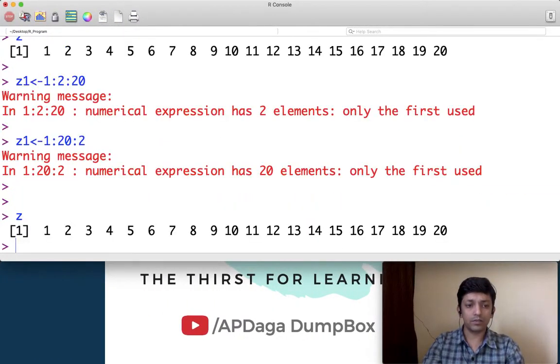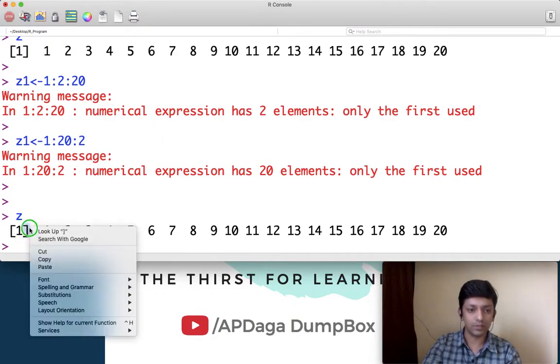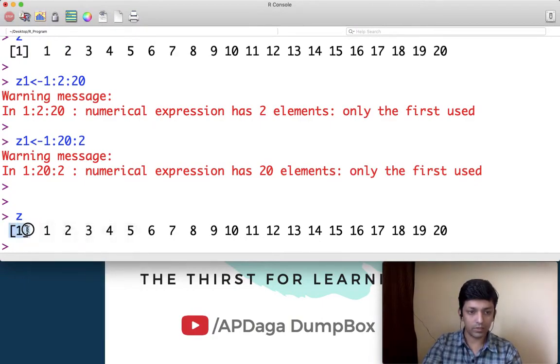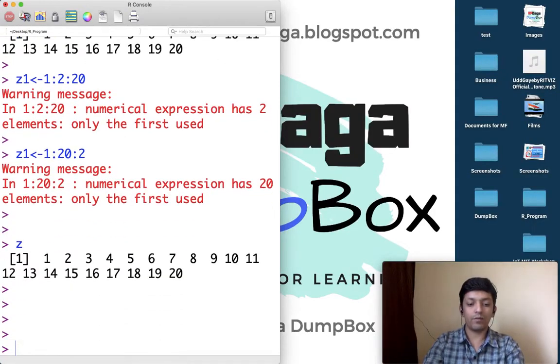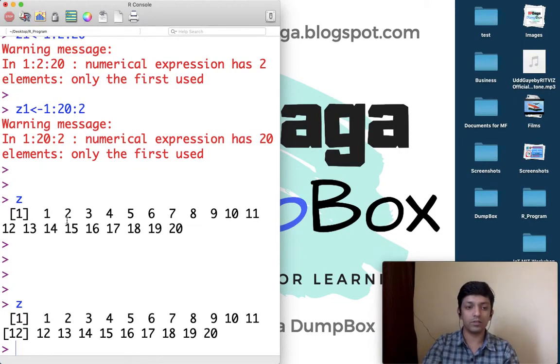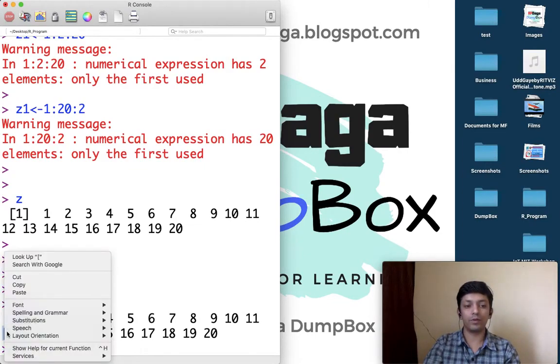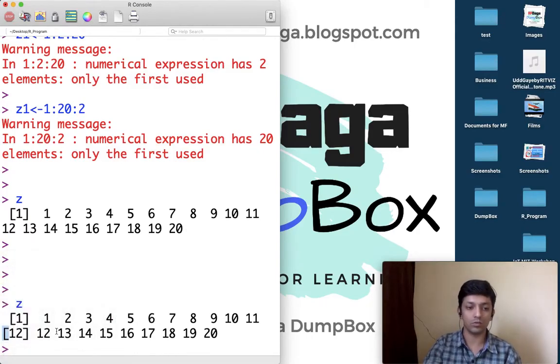Now about printing this z. Here you can see this 1, what does this indicate? I'll show you. I'll make the size like this, and now if I print z, you can see instead of 1 I got this 1 and 12. Whenever you print the value of a sequence on the console, the index of the first number on that line is written over here.